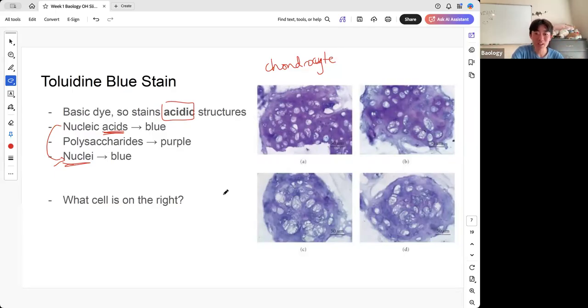How are you supposed to know from the color of it? Okay, I guess maybe not. Chondroitin sulfate. Okay, so the two ways you're supposed to know that this is a chondrocyte is